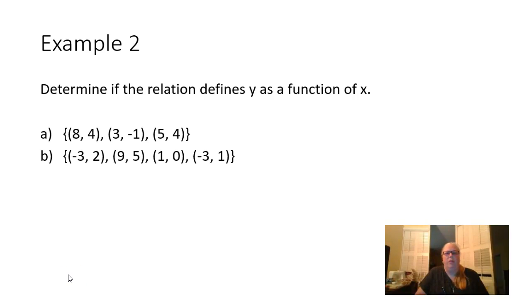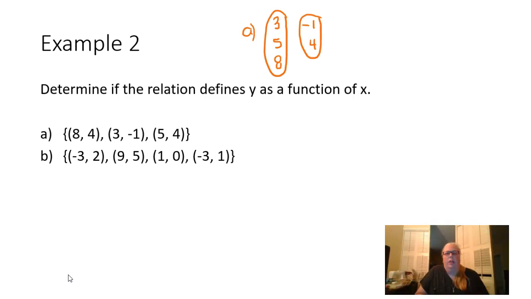Example 2. Determine if the relation defines y as a function of x. Probably the best way to do this is to do a mapping. So what I'm going to do for part A is list the domain, which is positive 3, positive 5, and positive 8 in one oval. And then I'm going to list the range, which is negative 1 and positive 4 in another